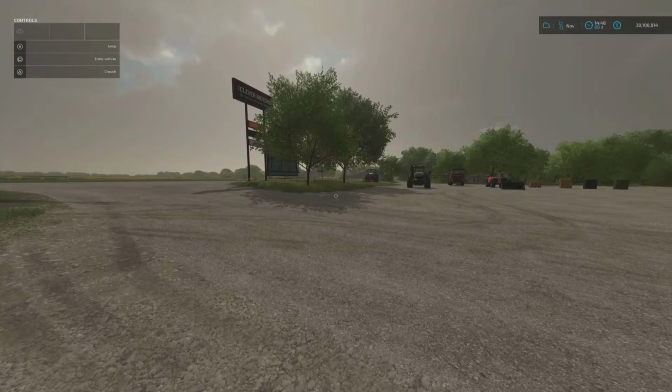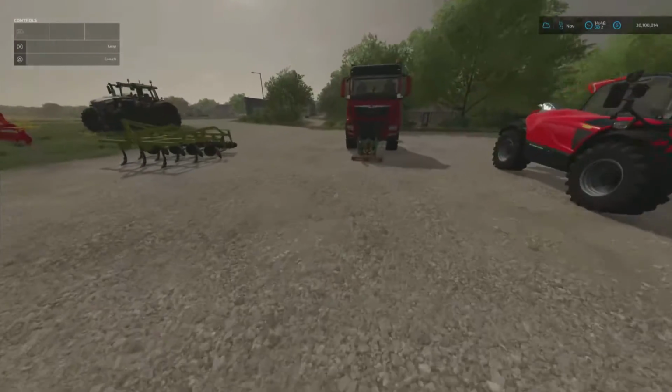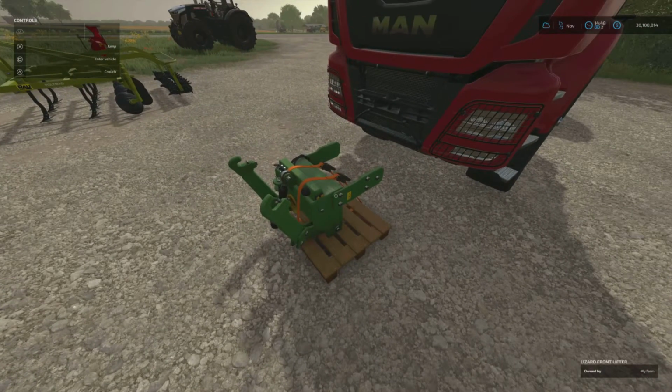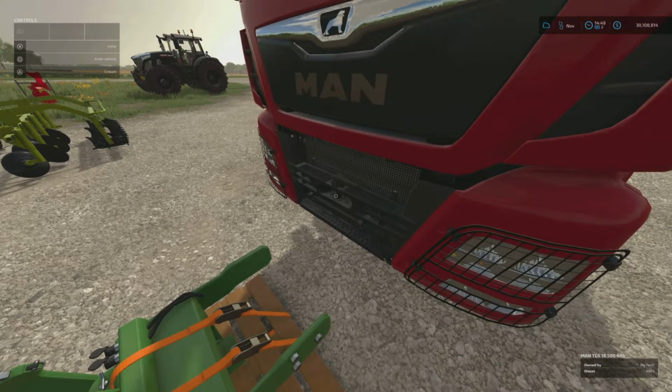Next mod after that is this fella over here. This is your front lifter. Pretty sure this was in FS19 as well. The idea of this is it will attach to anything that doesn't have a 3-point link on it. It will allow you to have a 3-point link on it, but you need a trailer hitch on the front of the vehicle, like